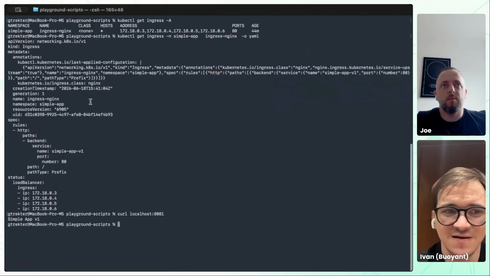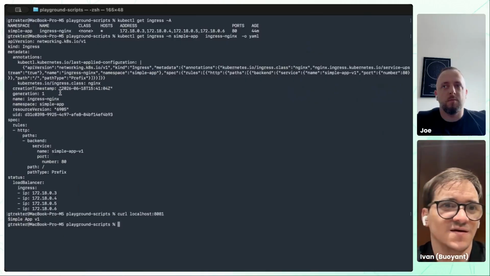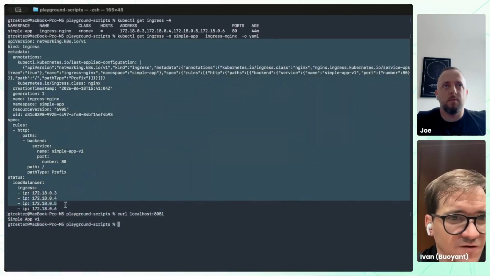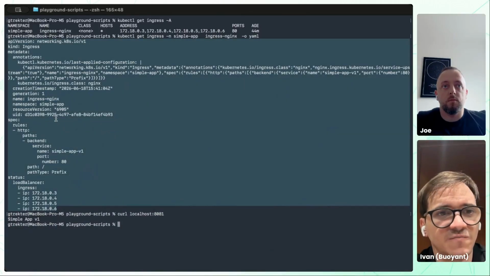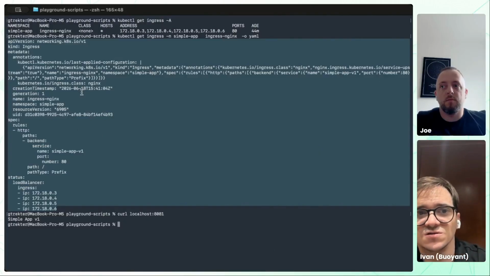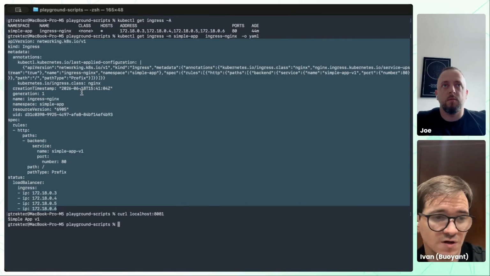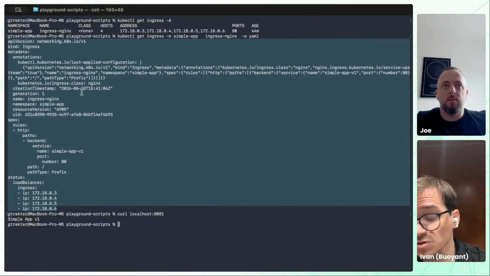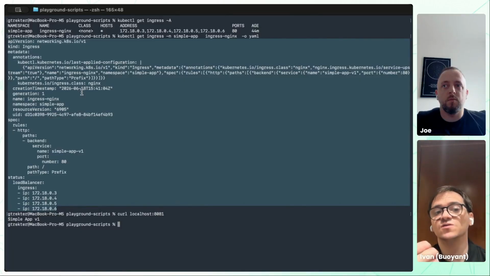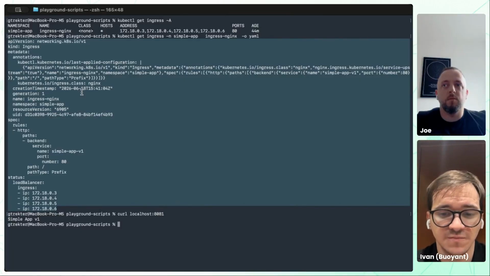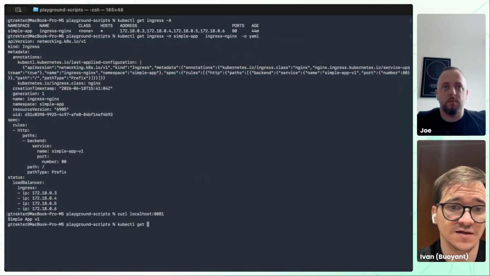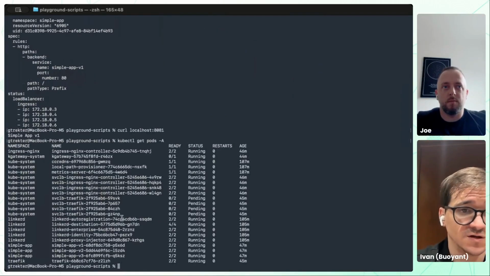And the answer is missing the annotation. We can see here in the ingress, we have the ingress, load balance everything, but this ingress doesn't have annotation, it is not returning the service, it's just returning the pod IP. And we can see that in the logs. kubectl get pods, and if we inspect the logs of the ingress controller, which is this one,